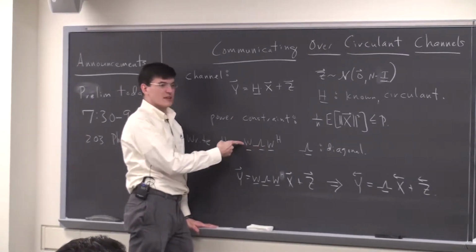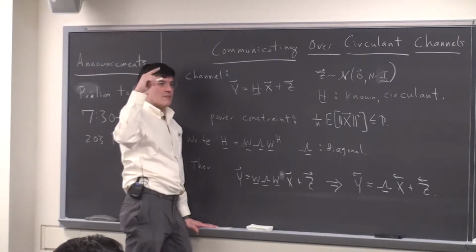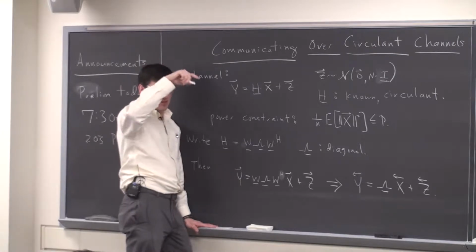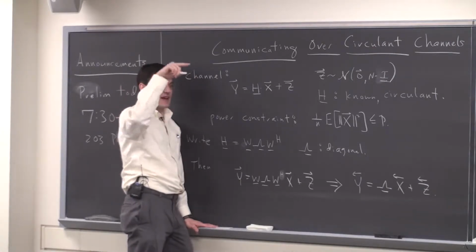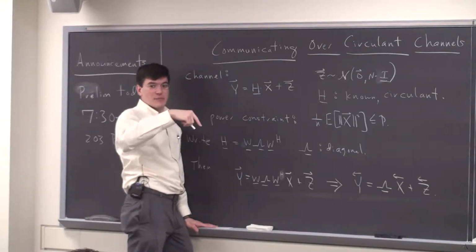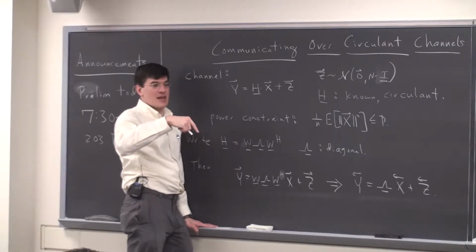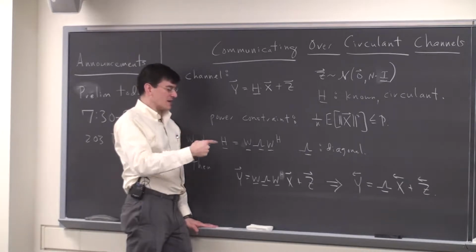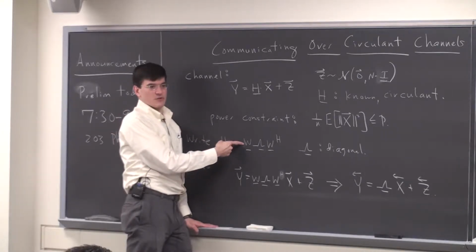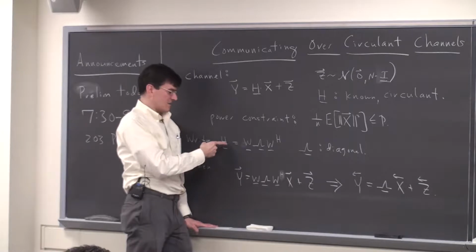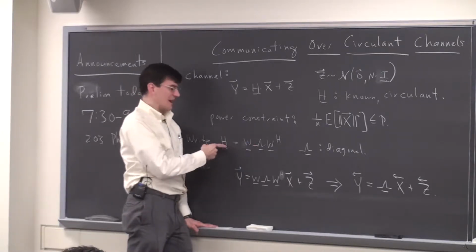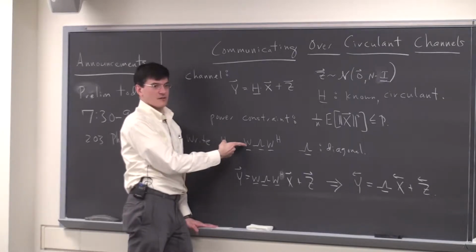In signal and system speak, if you take a phasor and pass it through an LTI system, you get the phasor back with a complex scaling. Phasor in, you get a phasor out at the same frequency with an amplitude and a phase shift. That's the signals and systems way of thinking about it. The linear algebra way is that the columns of W, namely those phasors, are eigenvectors of H, and these are the corresponding eigenvalues. So for any circulant matrix, the eigenvectors are the phasors that comprise this DFT matrix.